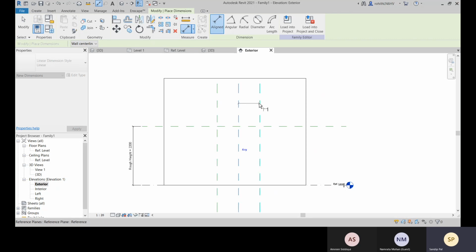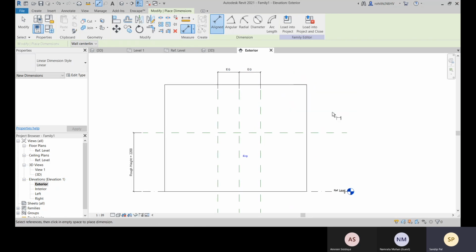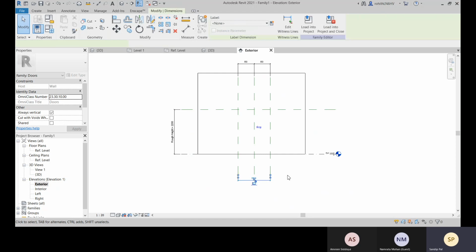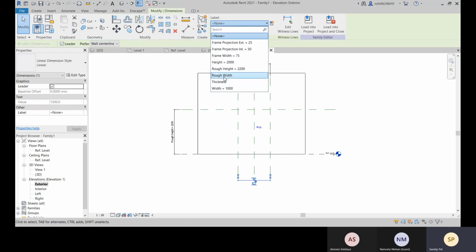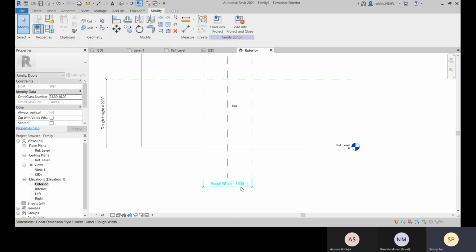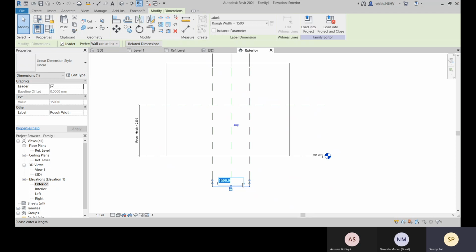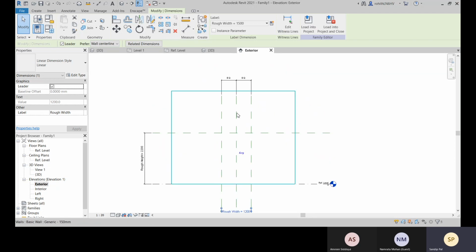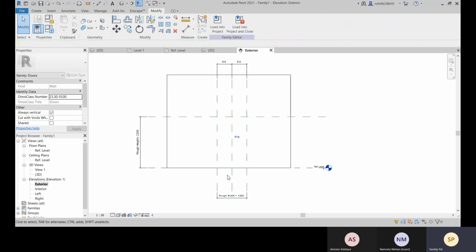So selecting this first and the right side, or you can go with the left side first, and then click on this equal, make it equal. So now if you change anything, it will be equally affected. Now let's go with this rough width. This is your rough width, and now if I change anything, let me change it to 1200. See, it is equally affected, because we have made it equal from the center.